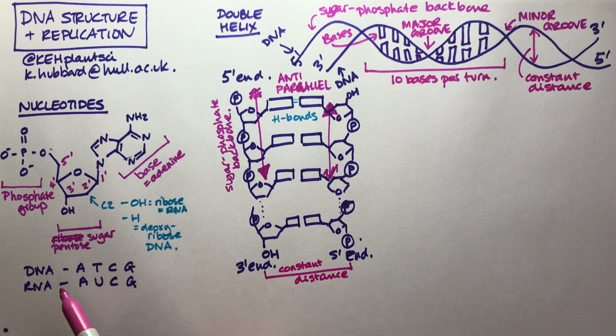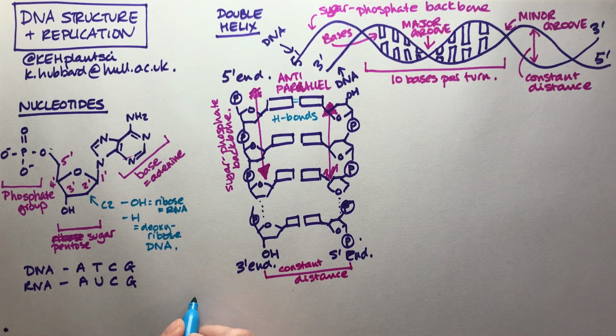So we said that DNA had the bases A, T, C, and G. RNA has the bases A, U, C, and G. Okay? So there are base pairing rules that are really important to understand in terms of how the structure works. Okay? So the base pairing rules